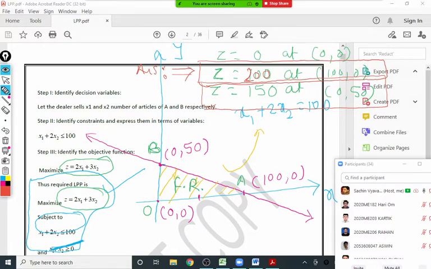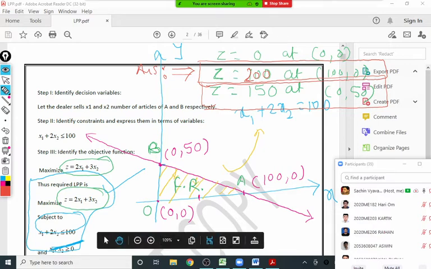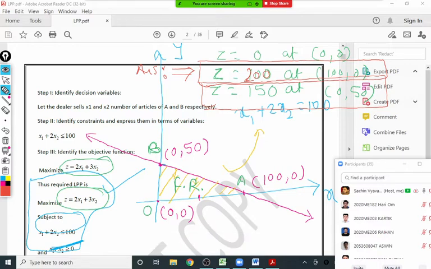This is one of the simplest methods that we have. Just plot all the constraints as straight lines first, find the feasible region, and decide the maximum value. Remember, this question will not come in the exam, because if you see the questions asked in the old question papers, they have a minimum of two constraints.